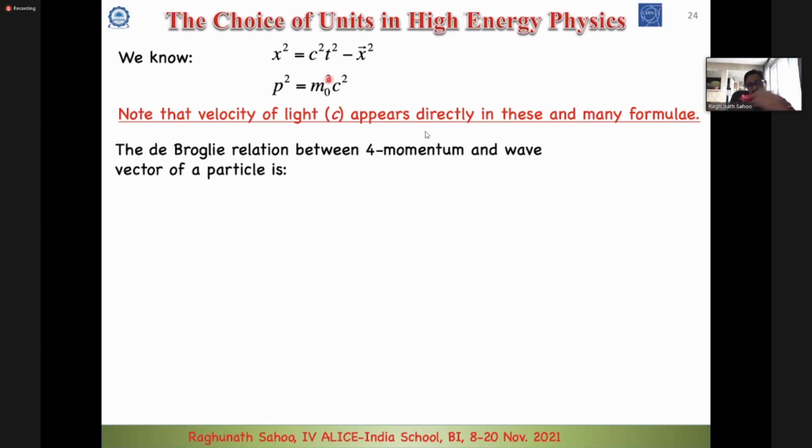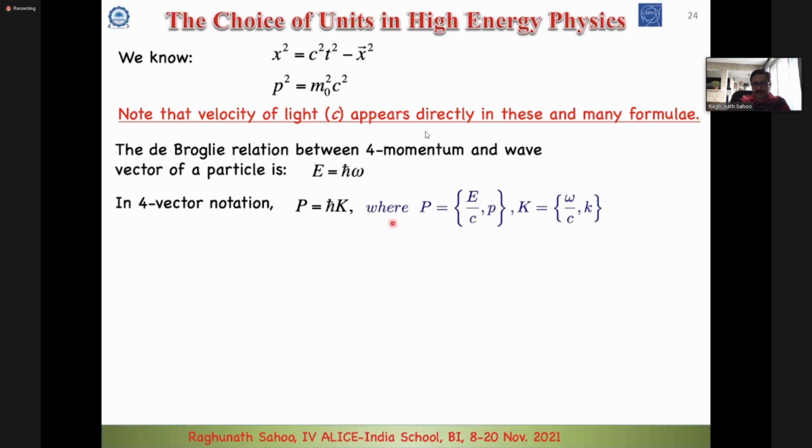So if you look at de Broglie's relation between 4-momenta and wave vector of a particle, you will find E is equal to h cross omega. And the 4-vector notation for momentum P will be h cross k. And I can write P with the temporal component as E by c, combined with the spatial component, the 3-momentum p. And similarly, k is omega by c and the spatial k. So the point, without going into the details of these equations, I would like to bring to your notice is